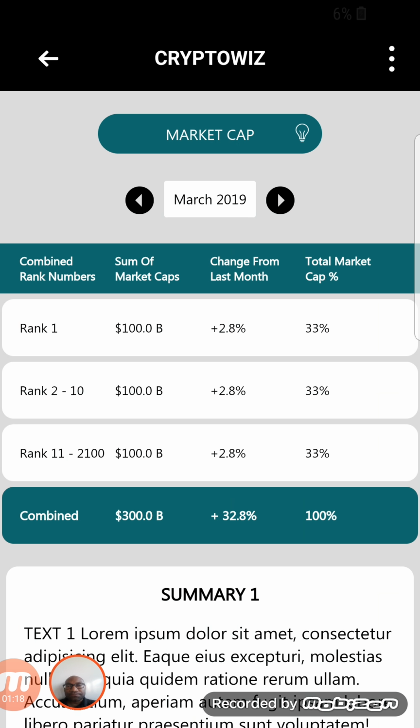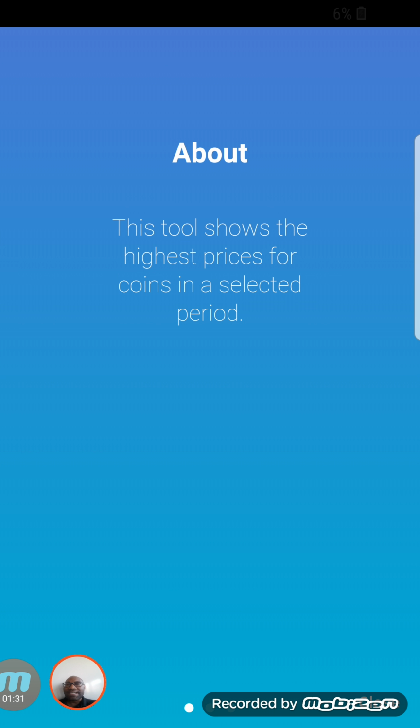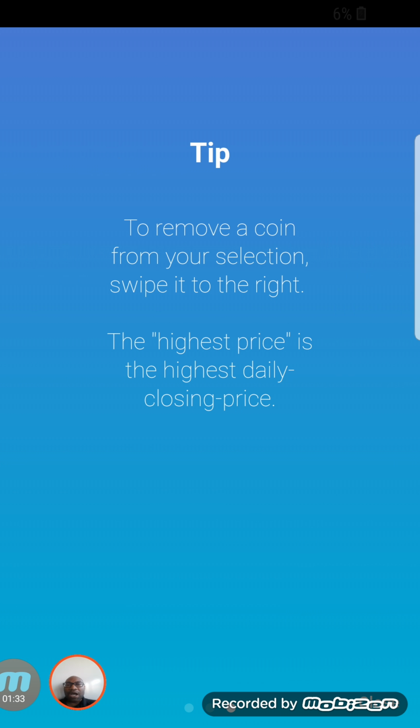I'm going to just click on the market cap button, and from top to bottom I'll briefly explain to you guys how these reports work because they all have a similar layout. At the top you'll see that there's a button that says market cap. Now when I click on this button, you're going to get a little tutorial as to how that specific